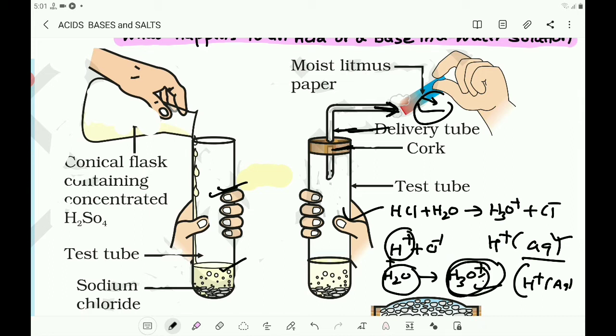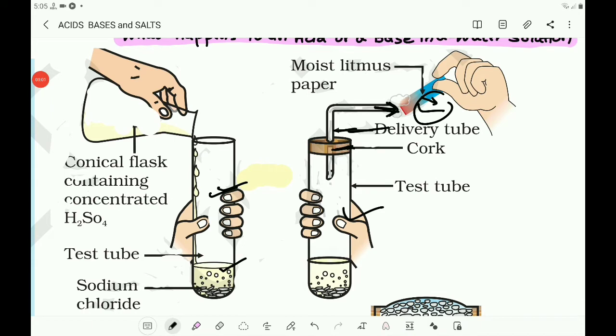We have seen that acid gives H3O plus or H plus aqueous ion in water, and let us see what happens when a base is dissolved in water. When a base is dissolved in water, consider a base NaOH. If it is dissolved in water, it gives ions: positive ions Na plus aqueous, plus OH minus aqueous ions. You know that all bases do not dissolve in water.